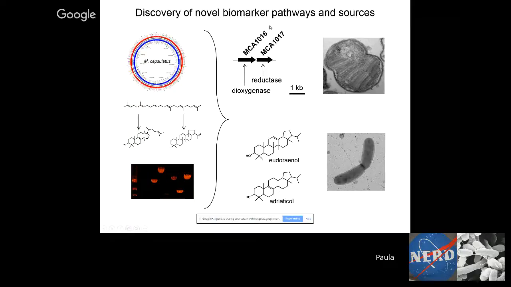In the first example I gave you, I showed you a novel pathway for a biomarker that is typically restricted to eukaryotes, but we see that bacteria also have these biomarkers and they have unique ways of modifying it. And then I've shown you how we can use these tools to identify sources for what we call orphan biomarkers potentially, and we can hone in how we find these biomarkers by looking at the amino acid sequences and really pinpointing where these molecules might be important.